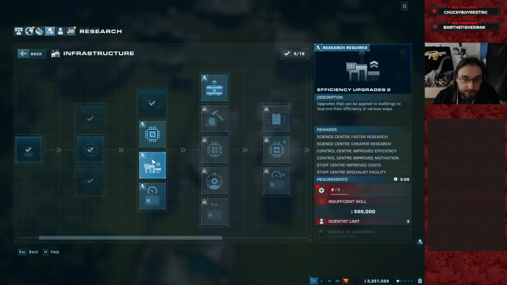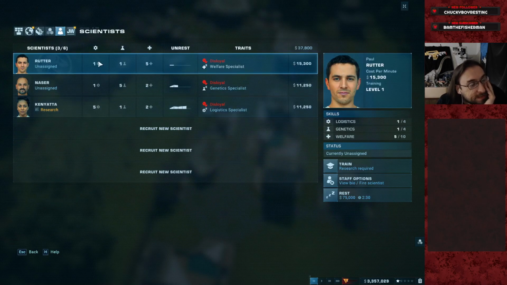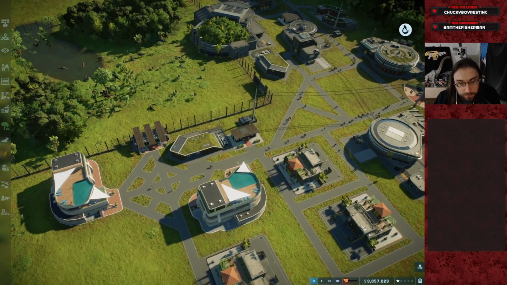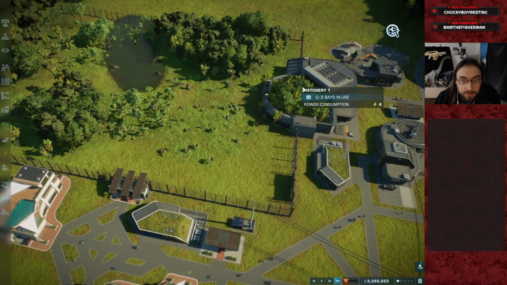And then it would be nice to do specialist facility. 5, 6, 7, 8, and 9. Yeah, so we do staff improvements. We give her another point of logistics. We give somebody else a point. Then we do specialist facility. Gets us even more points. I think that's pretty good. And in the meantime,